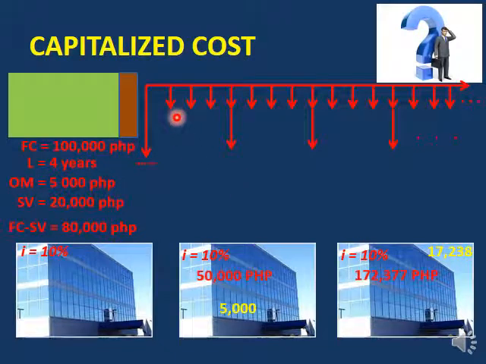Now Pedro needs a maintenance cost of 5,000 pesos, maybe for oiling, for lubrication, or for minor repair. He goes to the second bank and withdraws 5,000 pesos, leaving only the 50,000 pesos. And then, at the end of the second year, the money on the second bank earns 10%, and the money on the third bank, including its interest, altogether earns interest amounting to 18,962. By this time, Pedro needs 5,000 pesos for operating maintenance and withdrew it from the second bank, leaving only